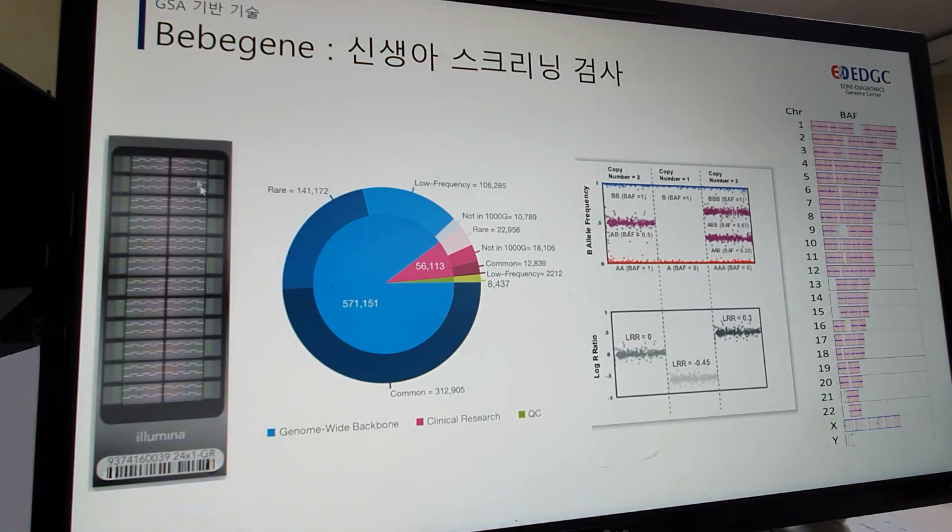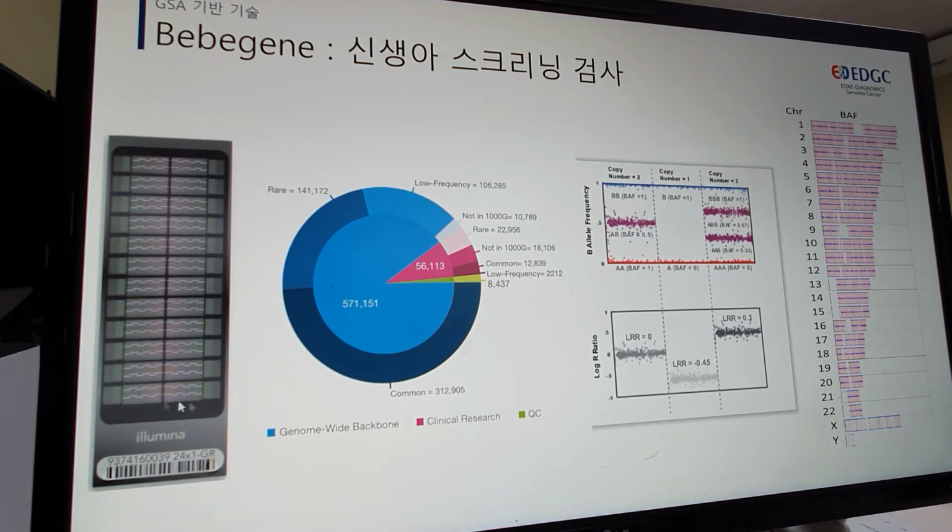So yeah, this chip is the GSA, which stands for Global Screening Array. This is manufactured by Illumina. Illumina is a very well known NGS technology company. So you can see these many small sections. One chip has 24 sections, and each section is for one sample. And each small section has 0.7 million markers. These 0.7 million markers are very useful